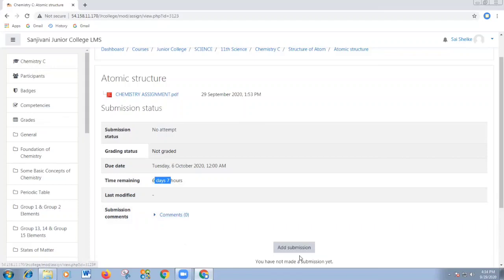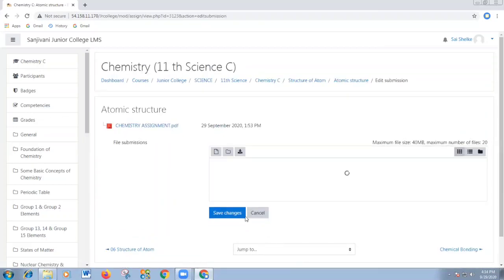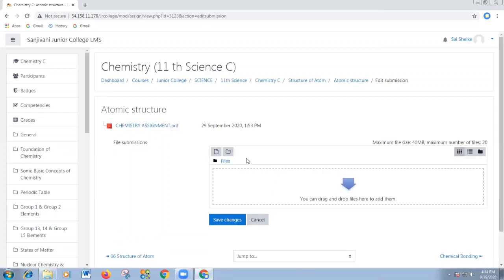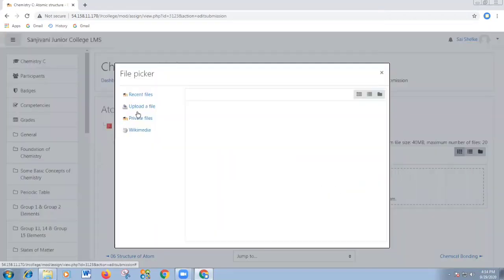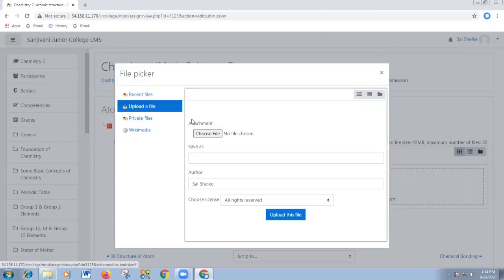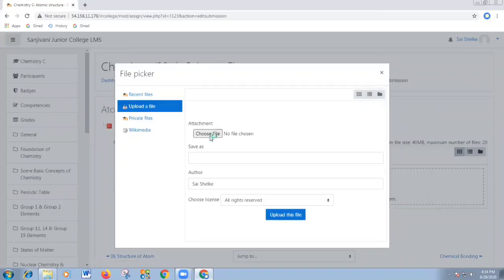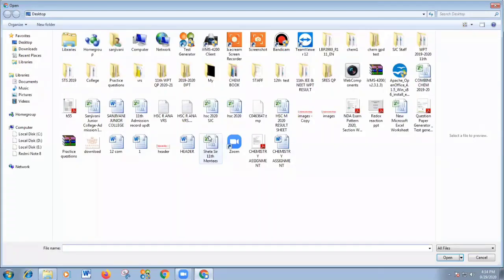So how to submit? Click on add submission, and after that click on this one. Your mobile or PC folders will be opened, by which you have to choose a file from mobile or from desktop and upload it. So this is your assignment.